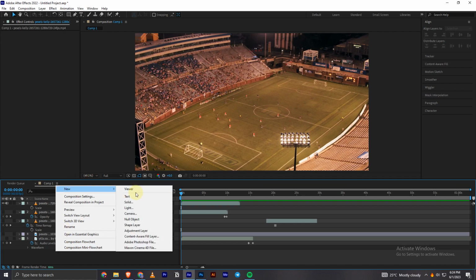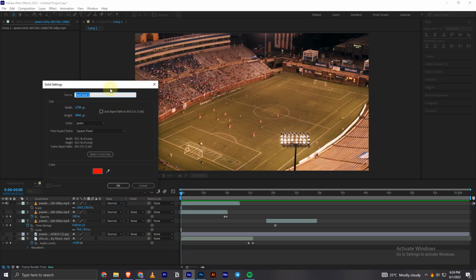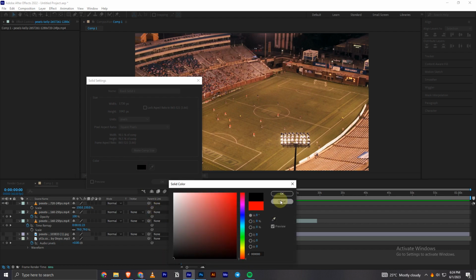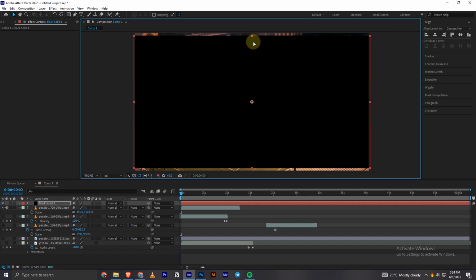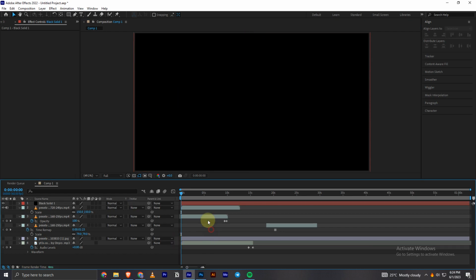to click on new, and then you have this option solid, and then I will make it black color, full black, and then click on OK. As you can see, this is created. Sorry if the size is not correct for me. I'll just adjust it. Okay, so what I'll have to do next is go on to this rectangle tool, and